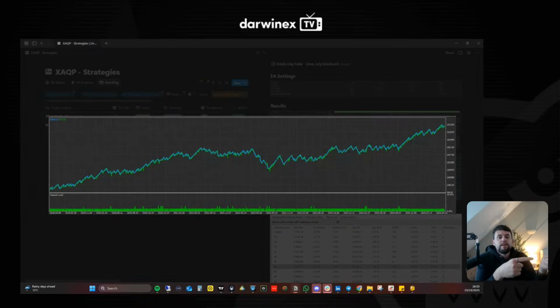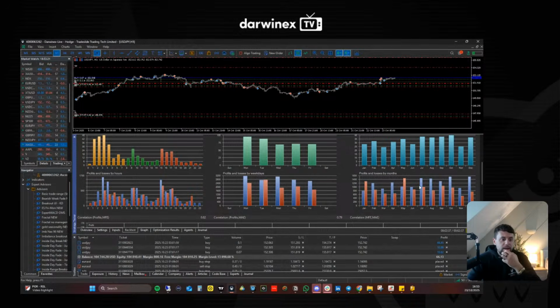I've removed that filter now, so it should still be trading June and July, which it is, because we can see here it's still executed in June and July. But because I've added the spread filter and deleted the second order or any pending orders, it's basically sorted the performance out for June and July, which is fantastic. That's exactly what I wanted. You can see the only two losing months are January and May, but they're not bad enough for me to cancel trading on January and May, because I'll have other strategies that should pick up the slack when we're there. If the profit was much lower, then yeah, I'd be going it's probably seasonal and remove it for that month, but I don't see an issue with that.